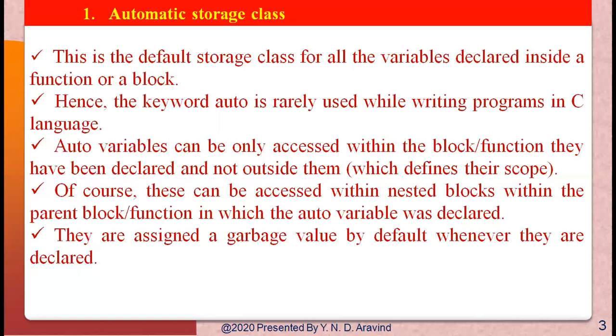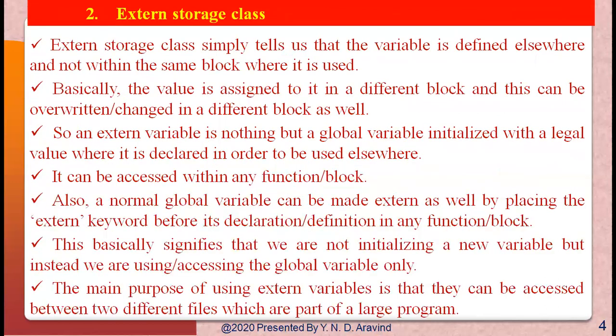Now coming to the external storage classes, these variables that are both alive and active throughout the program are known as external variables or global variables. So unlike the local variables, global variables are accessed by any function in the program, and the external variables are declared outside a function. Once a variable has been declared as global, any function can use it and change its value. Thus, the subsequent function can reference only the new value here.